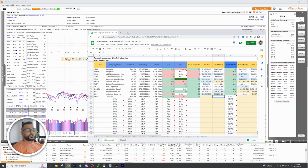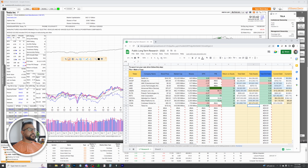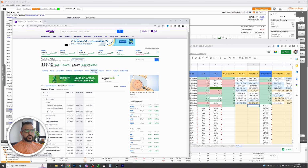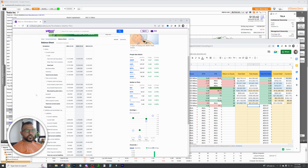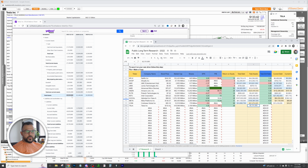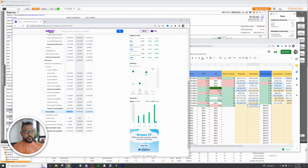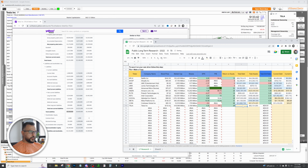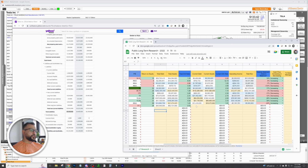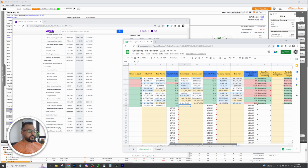All right, so the next thing we're looking for here is total assets and total debt. We're going to use Yahoo Finance. We're going to go to the Financials tab. We're going to check the balance sheet, and we're looking at total assets. So total assets right here, we have 62 million. We're going to put that right there. And then we're going to look at total liabilities, which is our total debt. It's 30 million. All right, perfect. So we have a total debt to asset ratio of 2.3. This is great. This is another positive. We have another green box here, which adds up to our total at the end there to help us with